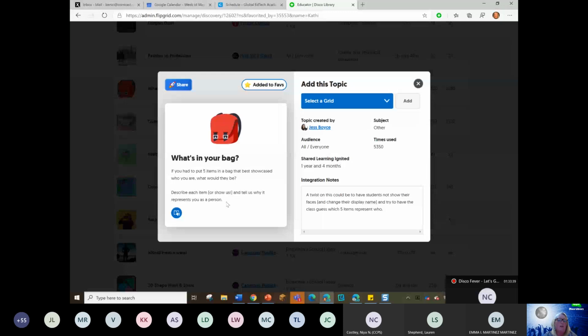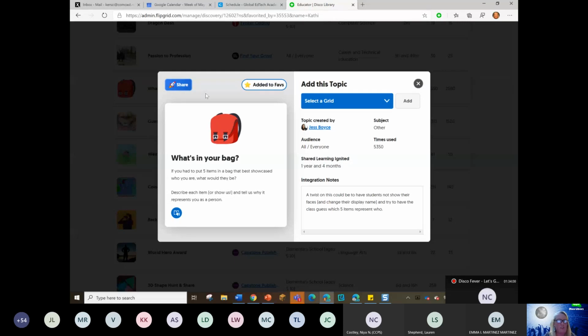I've seen this with elementary school students. I love it as a beginning of the year activity, but I also think it's a great way to keep in touch for remote learning. You know, pulling items out of your bag, it's almost like show and tell, but you have a limited amount of time because the teacher can set the time limit. So maybe 1 minute to show 5 items, and how do those items represent you?